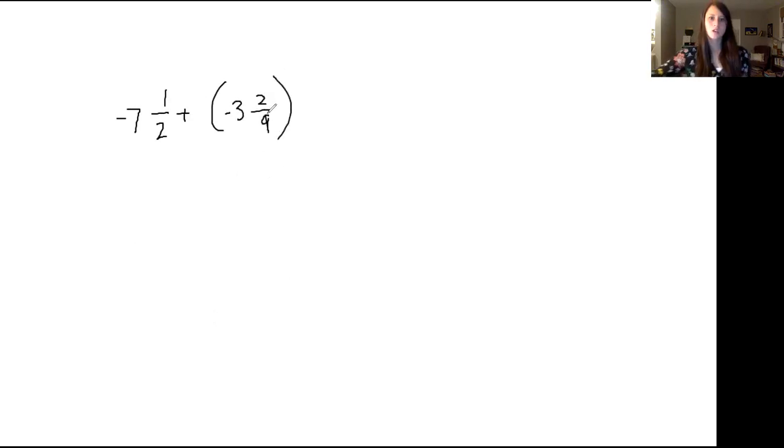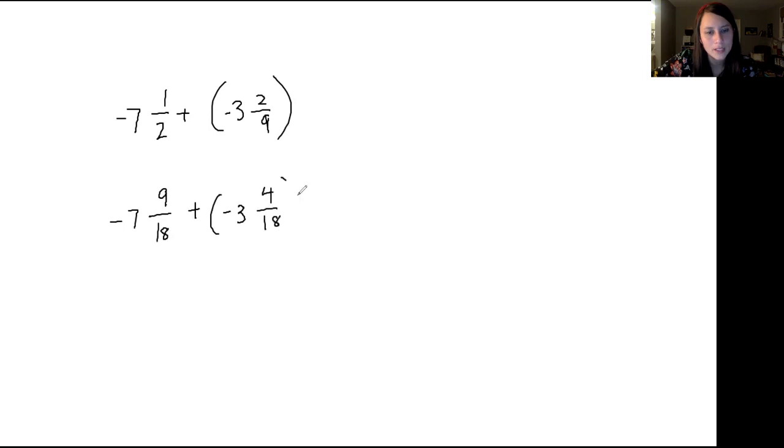Okay, last one on this side, 14. Negative 7 1/2 plus negative 3 2/9. Okay, so I think 18 would go into both evenly. So the nice thing as I'm looking at this is a negative plus a negative is still a negative. So I'm going to keep that in mind as I do this. I'm going to multiply 1/2 by 9 over 9. This becomes 9. And then I've got